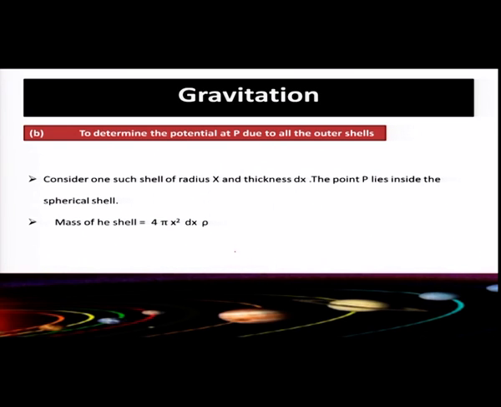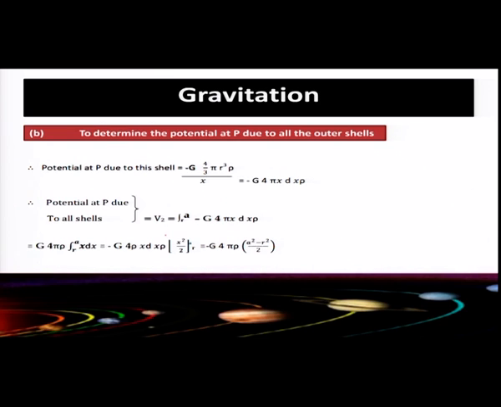Therefore, the point P lies inside the spherical shell, and the mass of the shell is 4 pi x square dx into rho. Therefore, the potential at this point due to the shell is minus G into 4 pi x squared dx rho by x, which is equal to minus G into 4 pi x dx into rho. Therefore, the potential can be obtained by integrating this equation from r to a, and when you integrate you get